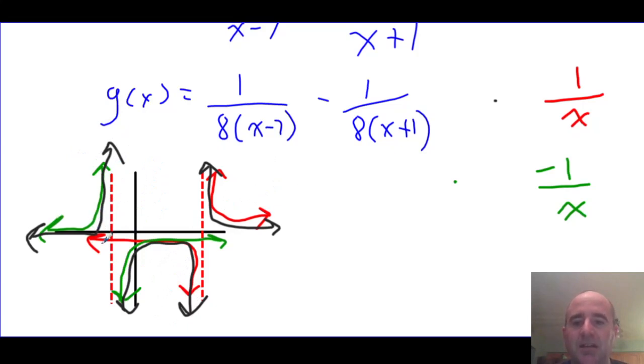Now, I said that when we add these two together, the red and the green, we technically don't know whether it's above or below the x-axis. Same with here. It depends what's bigger, this negative number or that positive number. But we know the end behavior of our function, and we know it approaches 0 from above. So we know that it is, in fact, above the x-axis. We also know it doesn't have any x-intercepts, so it doesn't cross the x-axis. That's not always going to be the case. There's examples like this where the graph does cross the x-axis. And you'll actually work on one of those in homework.